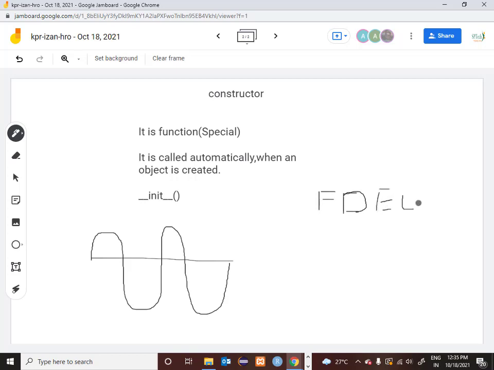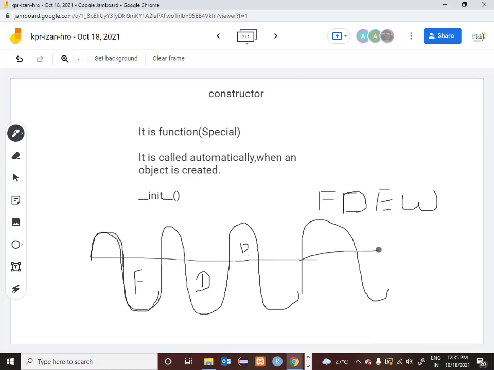First, the instruction has to be fetched, so one cycle will fetch the instruction. After fetching, the second cycle will decode the instruction, converting it into machine level language. Then it will execute the instruction, so execution will happen in one cycle. Then it has to write the result, so the result will be written in one more cycle.